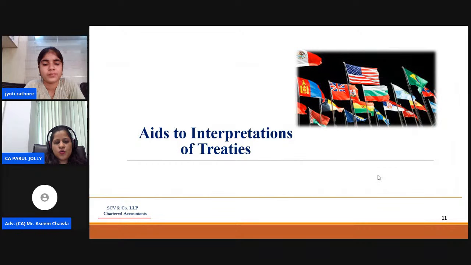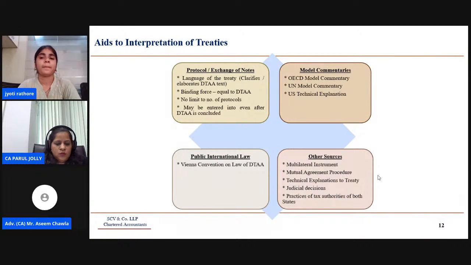Now, what are aids to interpretation of treaties? It simply means the literature which is available to understand the language and also the intent of the treaties. These are generally referred to interpret words on common intent of parties, basically to make the meaning more clear. So we have